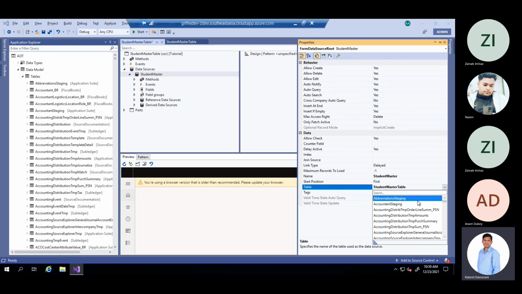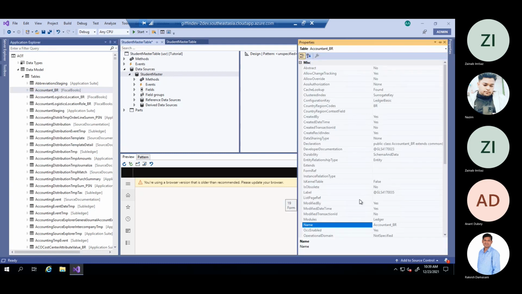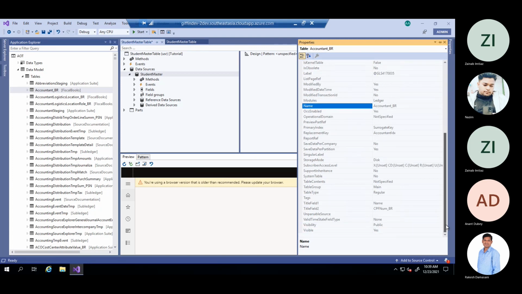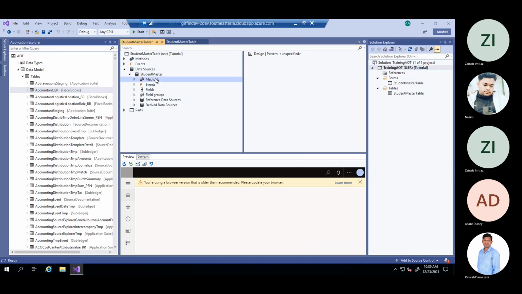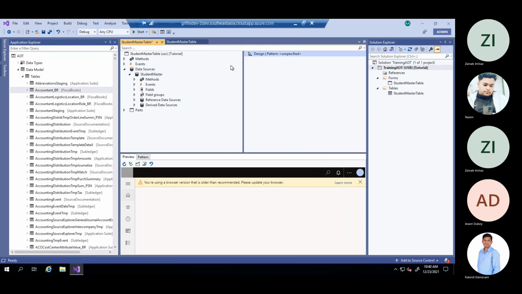The very first one, abbreviation staging, accountant underscore BR, is not coming, maybe because of the table type. Here I go to properties and I will select my student master table and I will say save, and I will go to design.